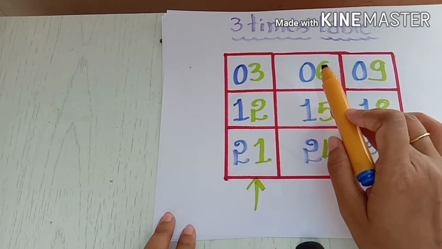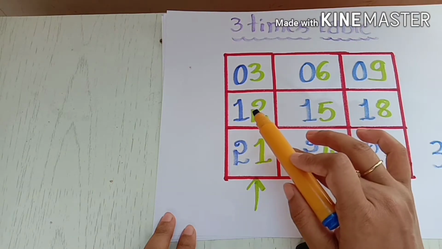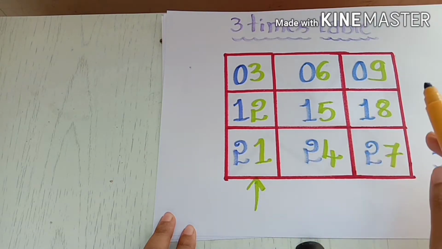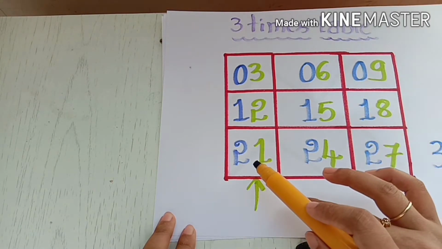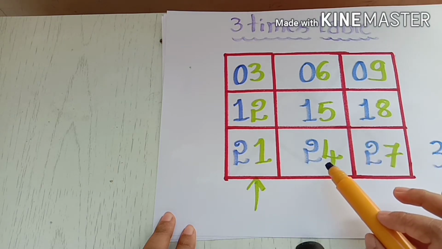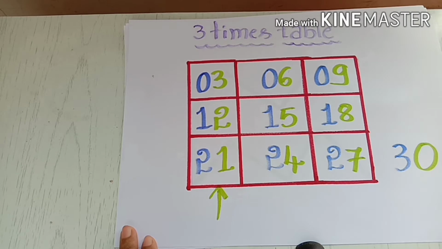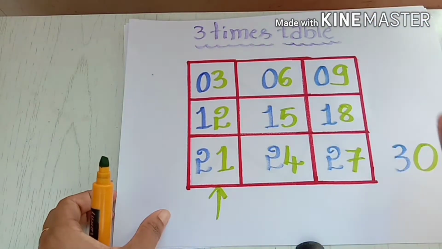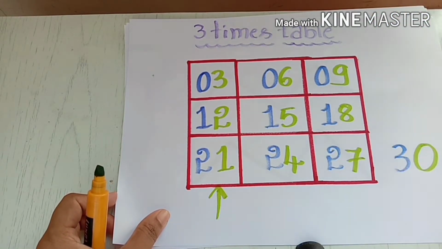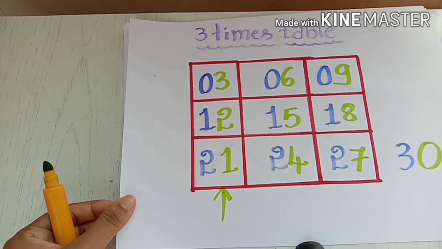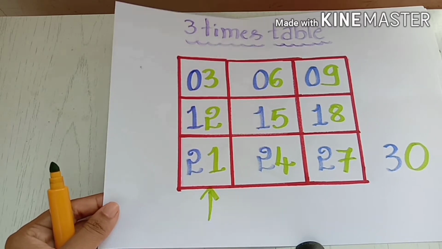3 ones are 3, 3 twos are 6, 3 threes are 9, 3 fours are 12, 3 fives are 15, 3 sixes are 18, 3 sevens are 21, 3 eights are 24, 3 nines are 27, and 3 tens are 30. Now, this is the trick behind writing the 3 times table or remembering the 3 times table. Understood, children? Okay. Next,